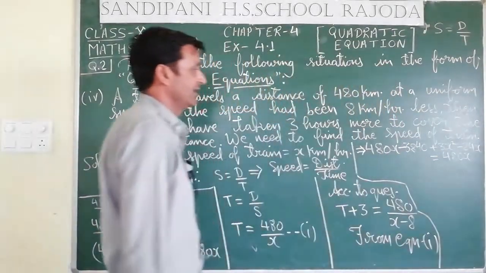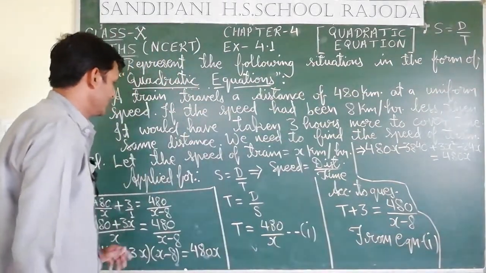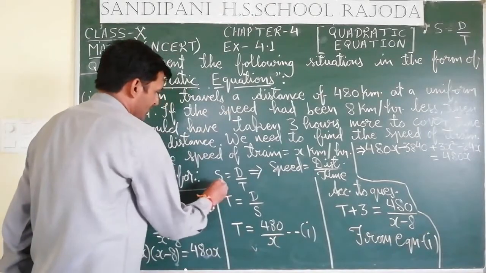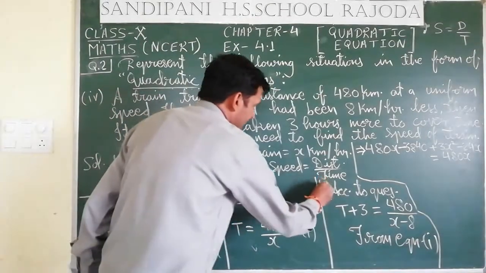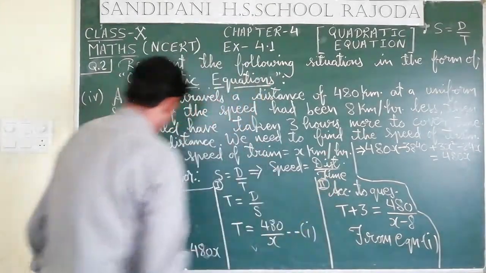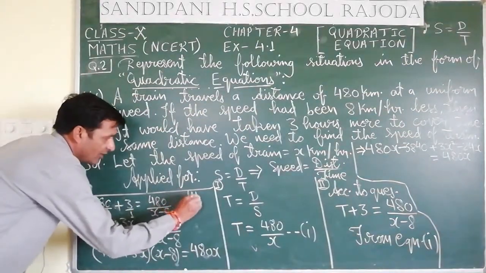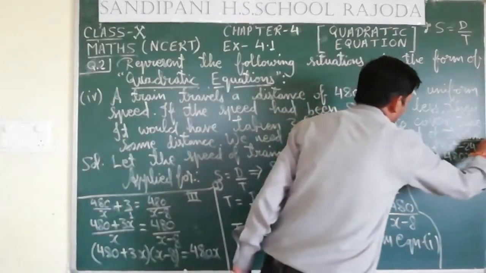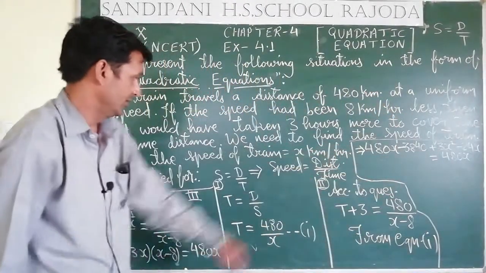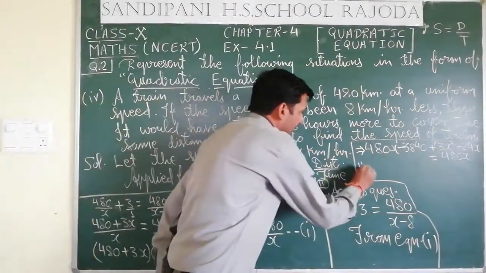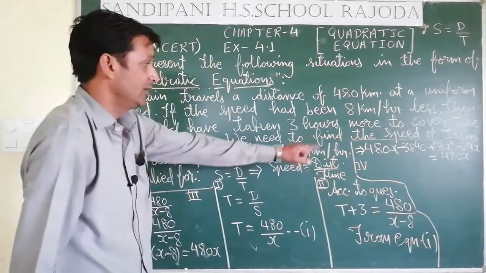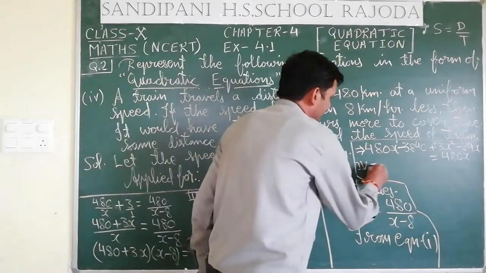Now let us see what will happen. See, you remember one thing, this part is first part, this part is second part, this part is third part, and this part is fourth one of the question. It is fourth part that you have to remember, otherwise you will become confused. It is fourth part.